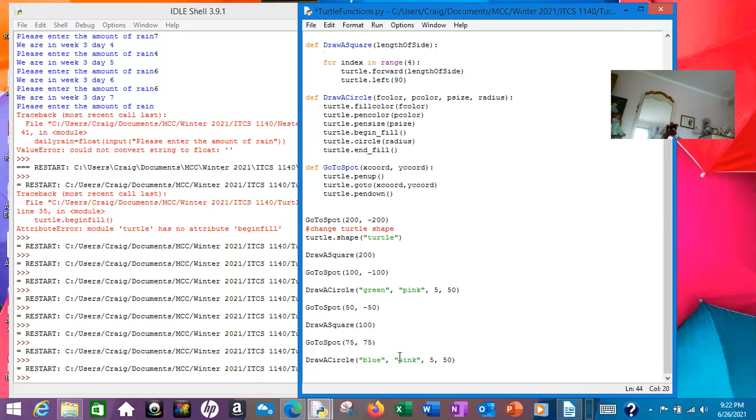And the pen color is going to be red. Its pen size is going to be 3, and its radius is going to be 75. So first, just to show that this works,